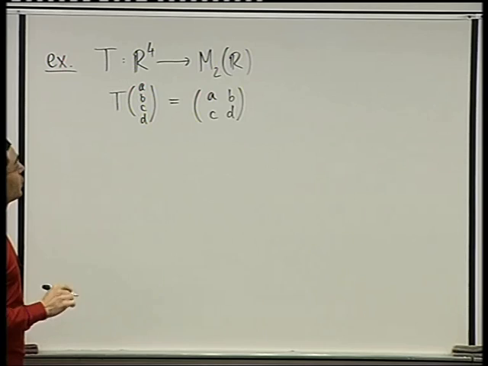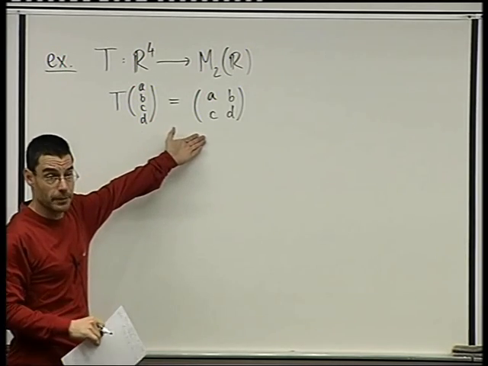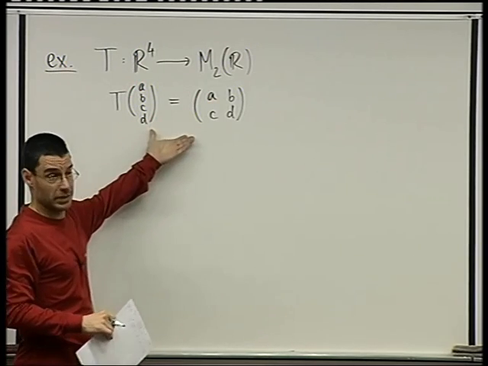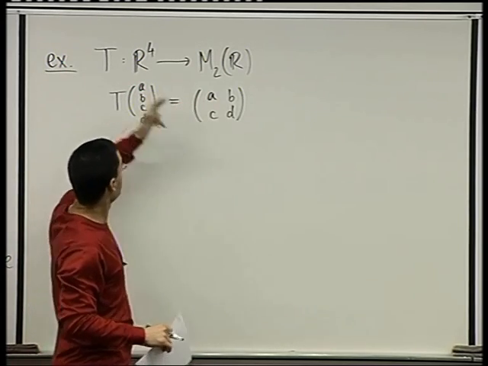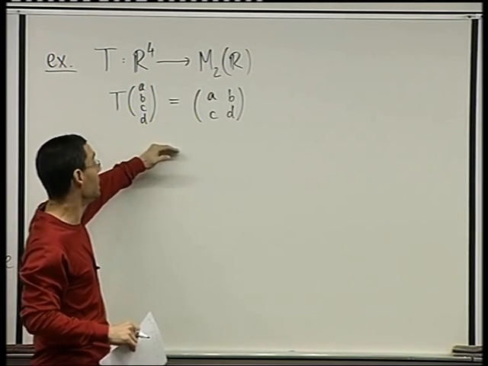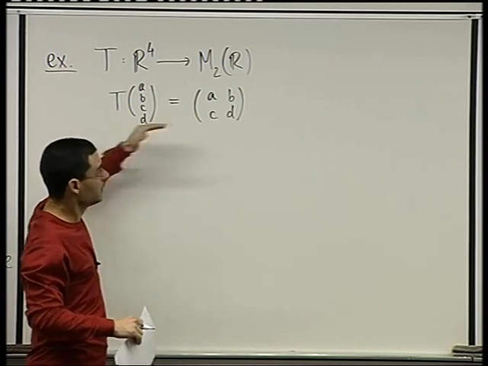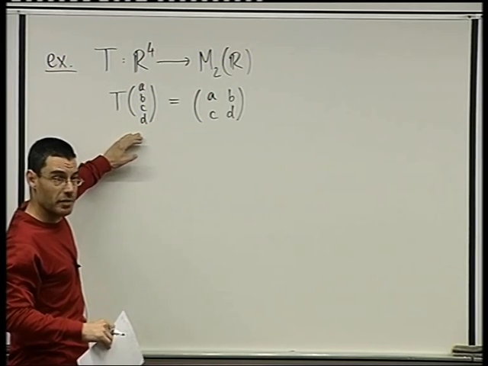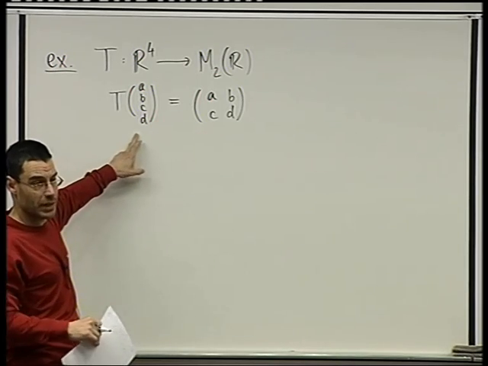So what do I need to show in order to say that this map is an isomorphism? I need to show that it's linear. And we already know this. I'm not going to verify the details. It's completely simple. One way to see it automatically is that each entry here is a linear combination of the entries here, but it's just the entry. So it's obviously a linear map between the spaces. It's obviously onto. Every matrix here can be obtained from a vector here. And it's obviously one-to-one. The only way to obtain the 0 element is if you start out with the 0